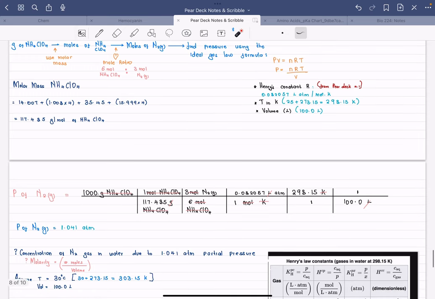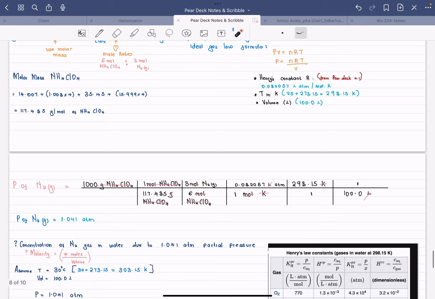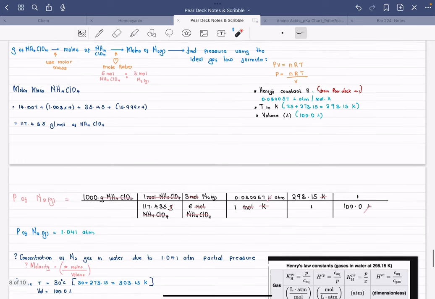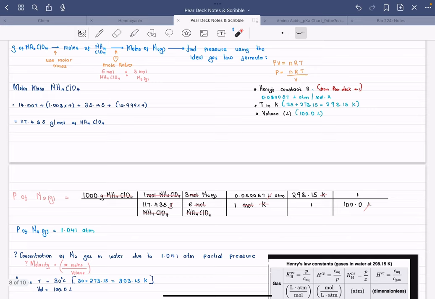Okay, so I put 1,000 grams of ammonium chloride, and I convert that into its moles by using the molar mass, and my units cancel, and I'm left with moles of ammonium chloride, and then I use the mole ratio, and I get the